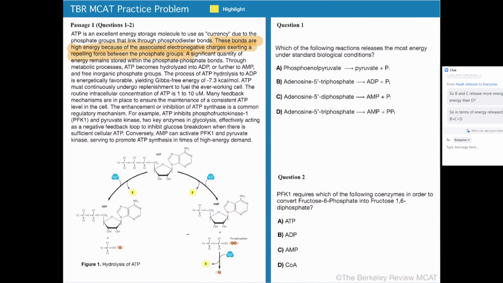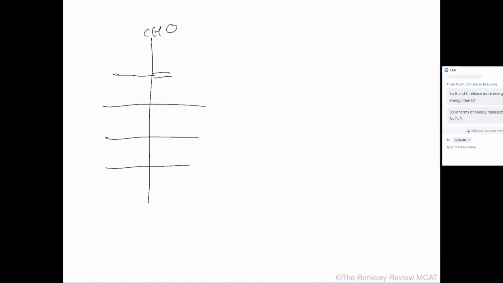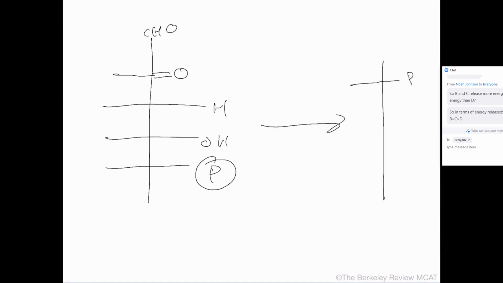You can imagine fructose 1,6-bisphosphate is like this, and it's got a CHO up here, OHs, H, O. If it's fructose 6-phosphate, you have a phosphate group down here. And if you're going into fructose 1,6-bisphosphate,